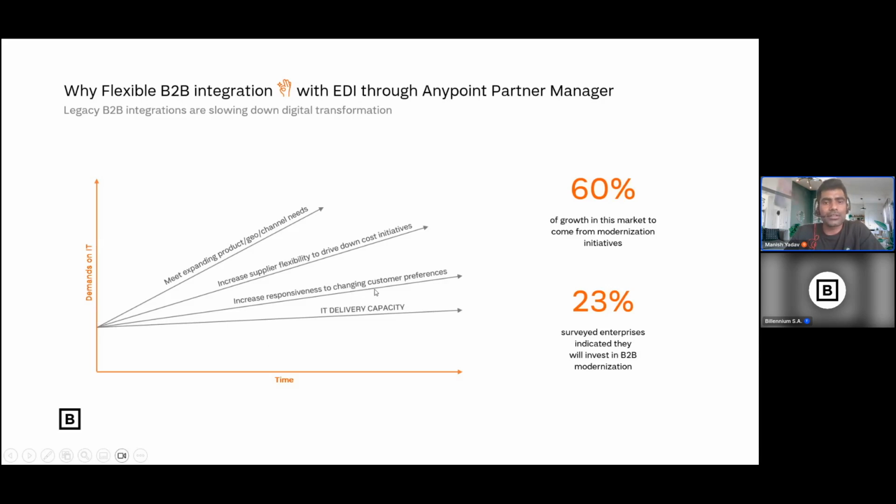Because there might be customer preferences. Customers want a certain look and feel for the UI. Customers want to do something, and because of that, they want some enhancement to the existing application, or they want to onboard a new product. Okay,